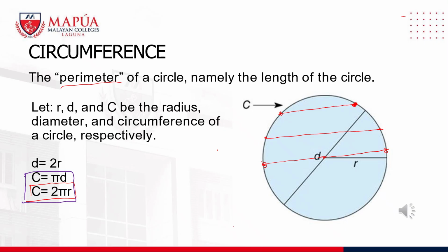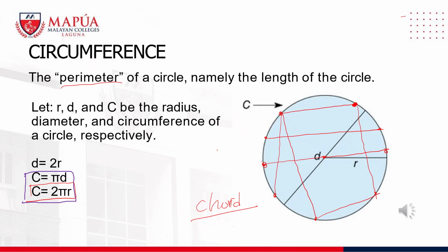Okay? So if you have this point and this point connected, this is also a chord. If you have this point connected with this point, this is also a chord. Or if you connect this point to this point here, this is also a chord, class. If you connect this point and that point, that is also a chord. Alright? So you know another term, chord. Tawag niya chord.